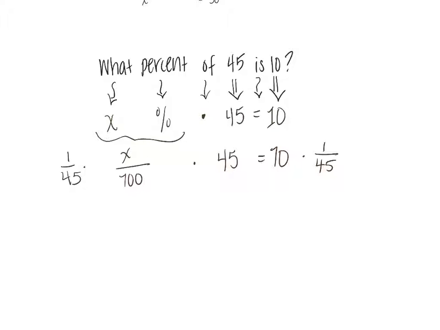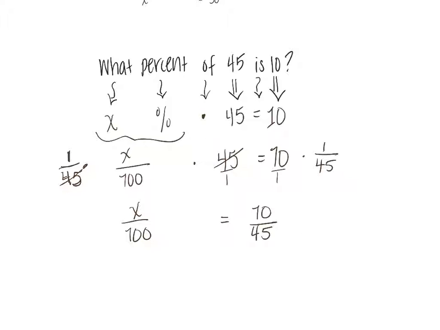45's canceled out, right? Because that's over 1. This is over 1. Hopefully you figured out that multiplying by 1 over 45 is the same as dividing. And I get X over 100 equals 10 over 45. And this is just the same as saying what percent? What percent is always X over 100